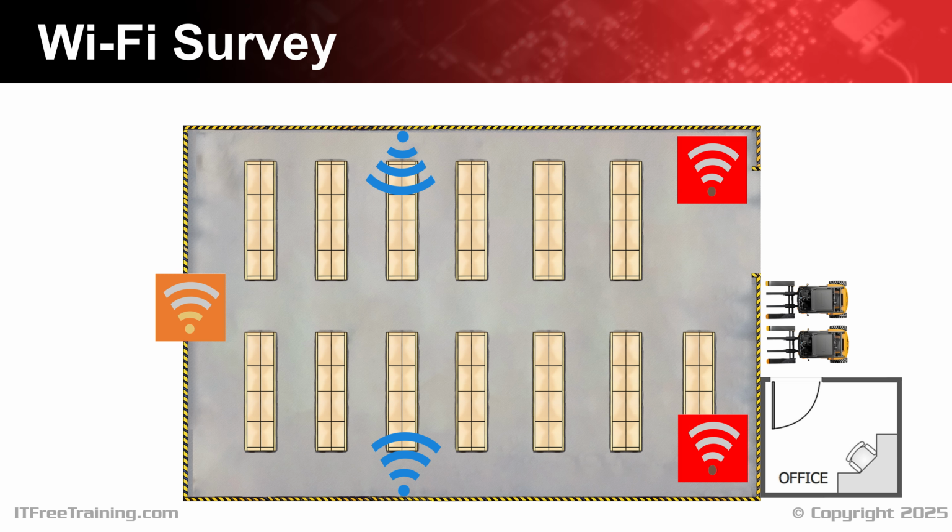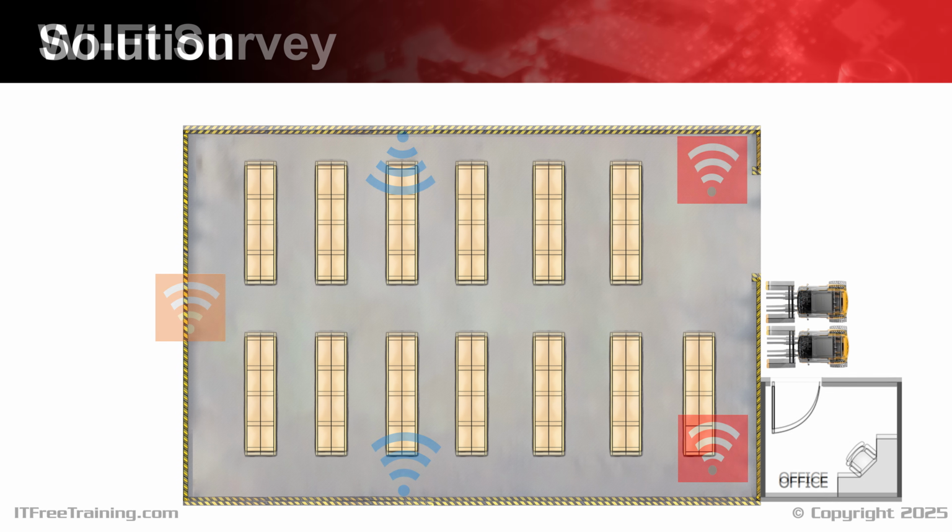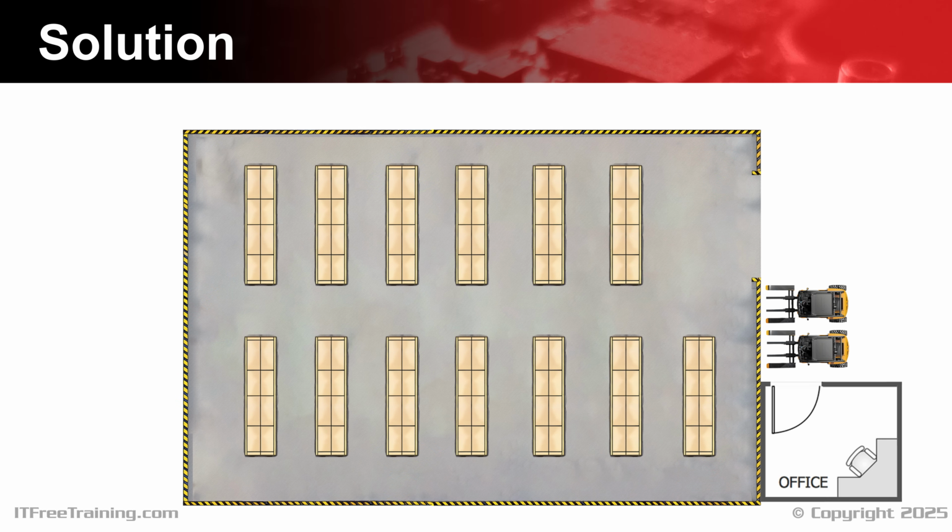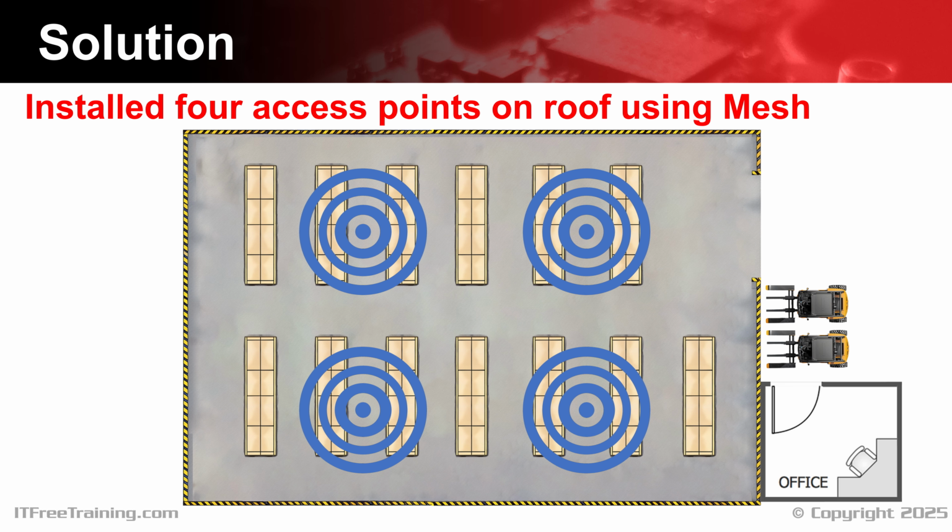I conducted a Wi-Fi survey and identified the following areas of poor Wi-Fi reception. The far left has fair Wi-Fi, while the far right is weak. Speaking with the staff, they confirmed most of the problems are in these areas. The solution was to install 4 new access points on the roof that use mesh. Since the Wi-Fi devices move around a lot, you want a Wi-Fi solution that will allow the devices to switch access quickly to take advantage of the access point with the strongest signal.